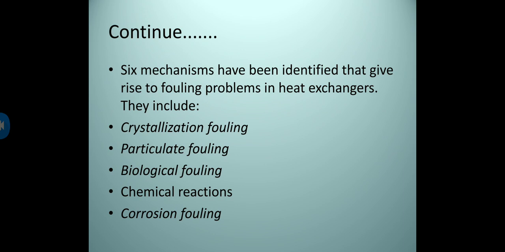Okay. The next one is particulate fouling. Particulate fouling depends on the arrival of discrete particles at the transfer surface, and particles may be very small. The next one is biological fouling. Biological fouling may be defined as the growth of living matter on heat exchanger surfaces. The phenomenon is usually associated with water systems, for example cooling water, and involves both microorganisms and macroorganisms. The former may include bacteria, fungi or algae, while the latter include mussels and barnacles.